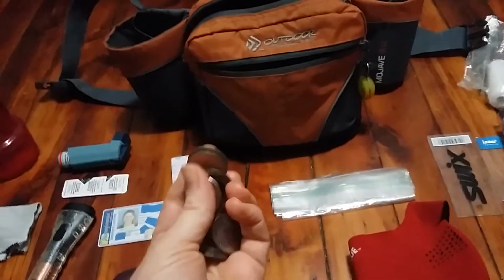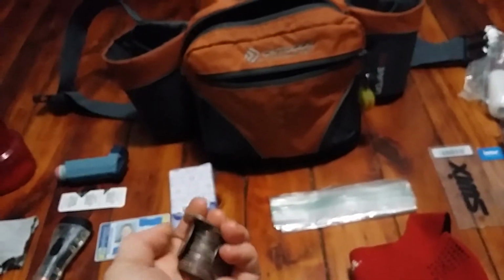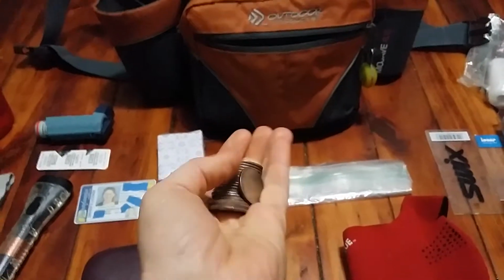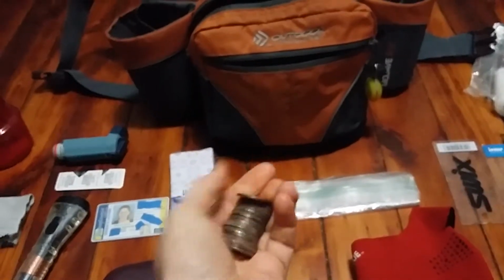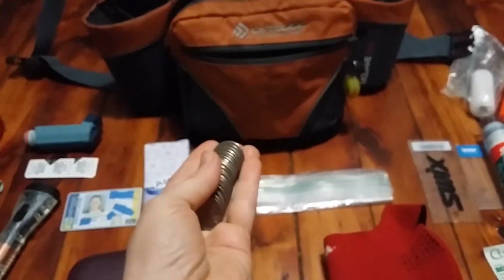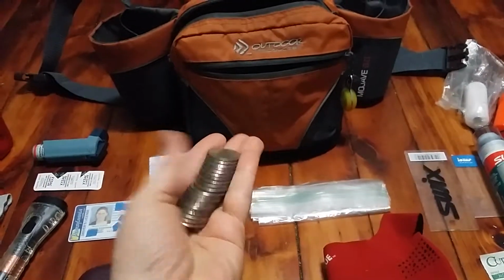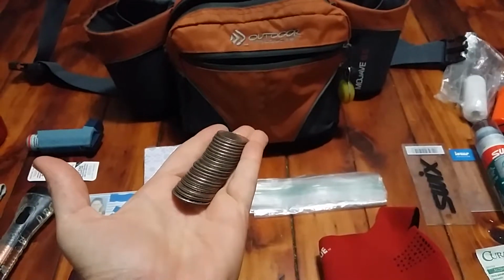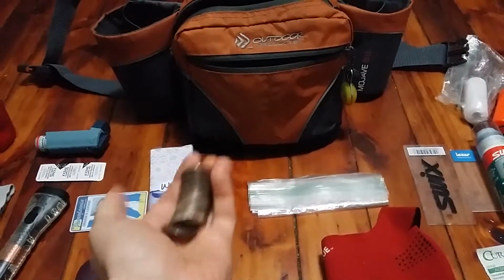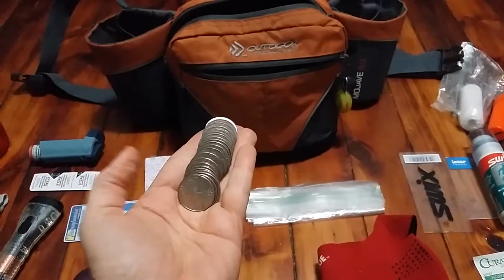And the reason is because up at Laurel Ridge, there is often no cell service, and there is, last I checked, still a payphone on the side of the ranger station. The ranger station is often unmanned. So I started carrying these the night that I came out and my car battery was dead, and I didn't know how I was going to reach anyone, because at the time, my cell carrier,